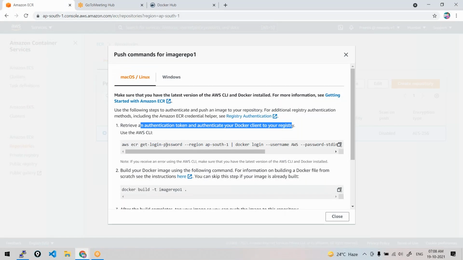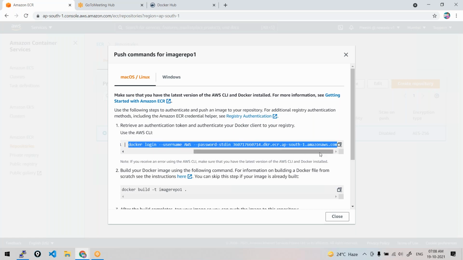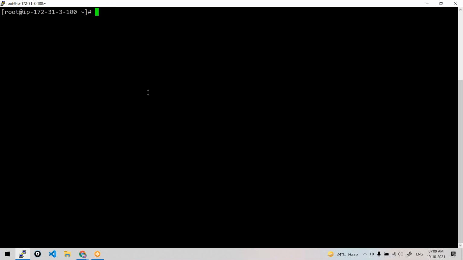From there, I want to push to this registry, which means you need to again see here, get login. It's same like you do Docker login, with username and password. You need to get authenticated. So before authenticating, you need to have something called AWS CLI, which means AWS command line interface.